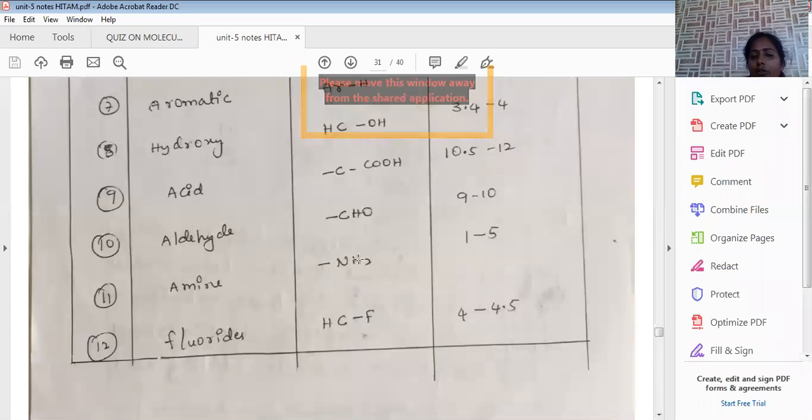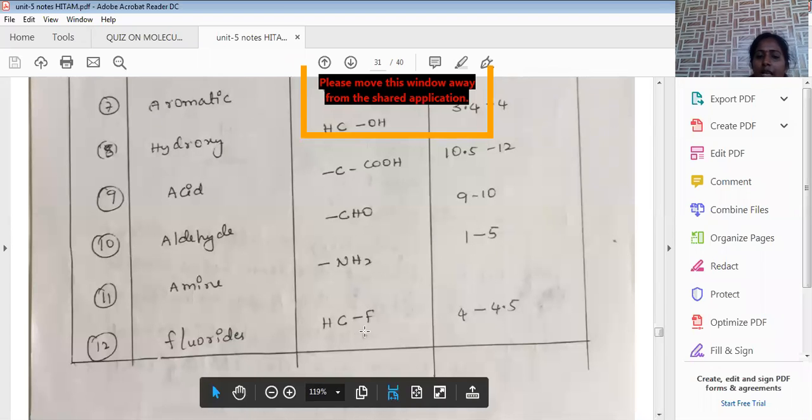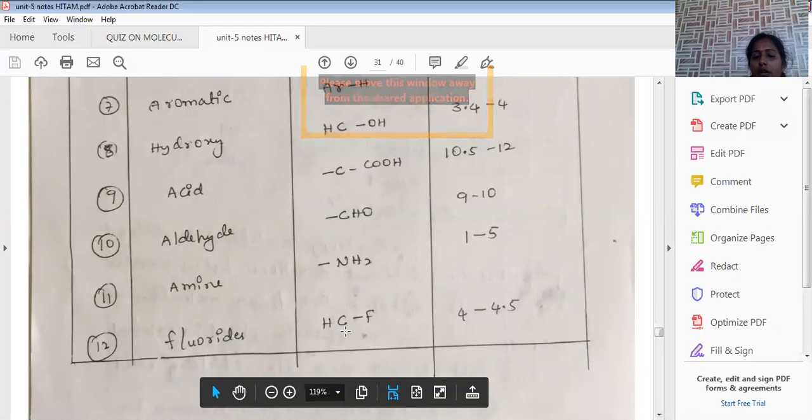The amine functional group hydrogen will give the peak at 1 to 5. So we can't actually identify it. It is in the range of 1 to 5, so wherever the peak is obtained, that may be for amine. So it is very difficult to identify the amine functional group by using this NMR spectroscopy, because it is not a short range. If a fluoro functional group is there, that will give the peak in the range of 4 to 4.5. So it is very easy to identify. If the peak is at 4.5, that indicates the hydrogen is attached adjacent to the fluorine functional group. In this way, it is possible to identify what kind of compound it is.